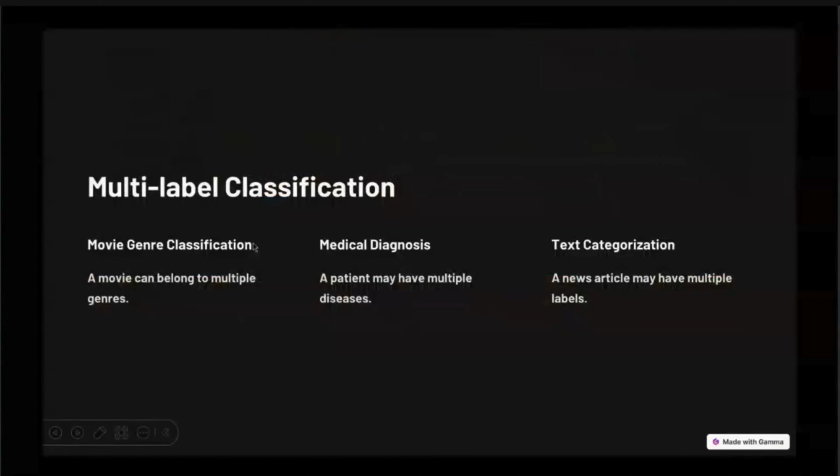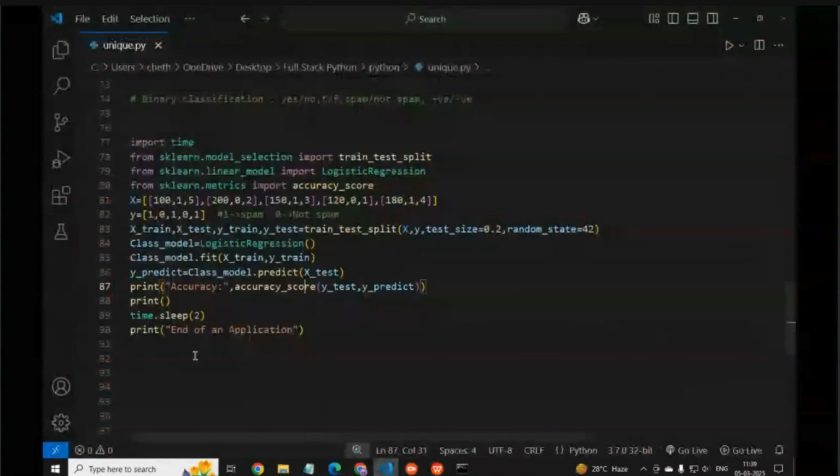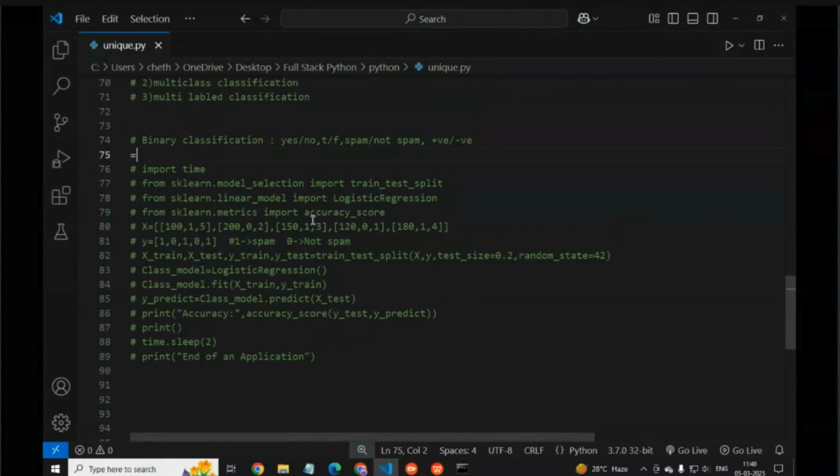Okay, so let's see an example of binary classification: mail is spam or not spam.